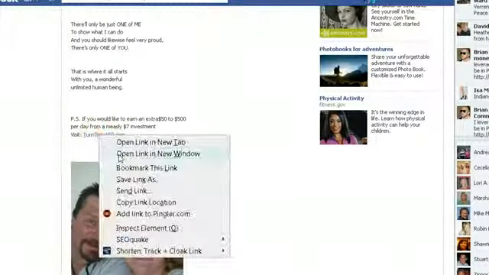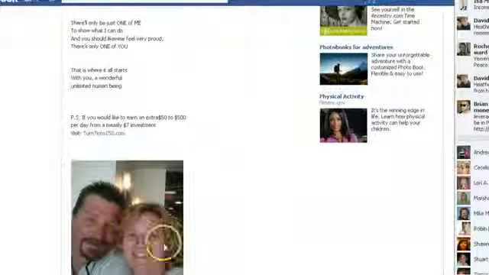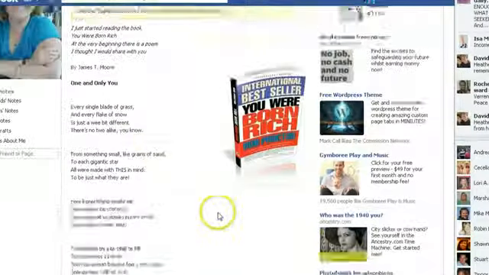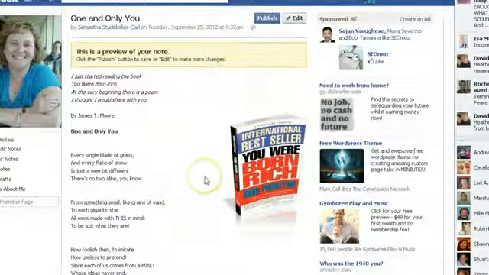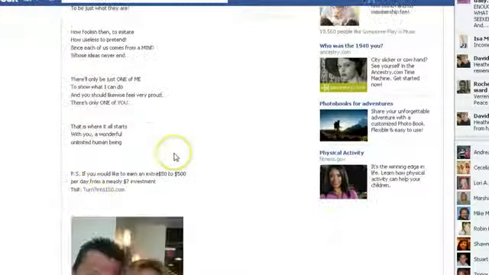And if you wanted to open that link in a new window just to make sure that it works, then it takes you to the landing page. And then it has our picture at the bottom. So it's just a simple little note. And you can create a note out of nearly anything of value, and then put just a little PS line at the bottom,